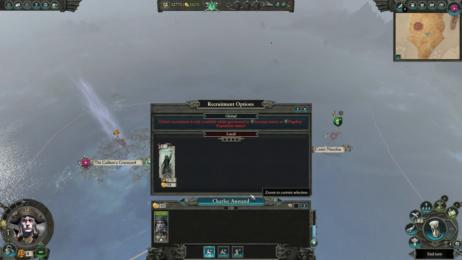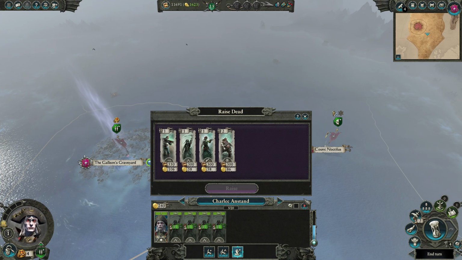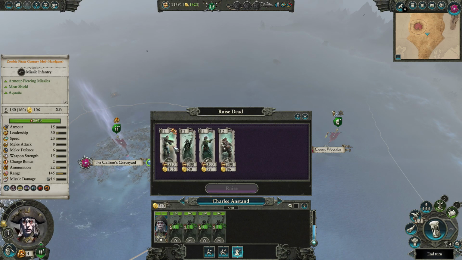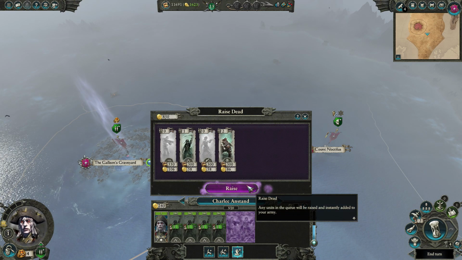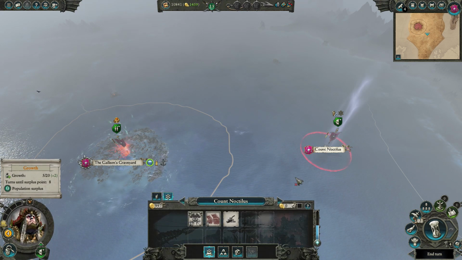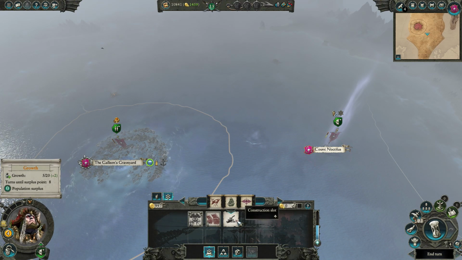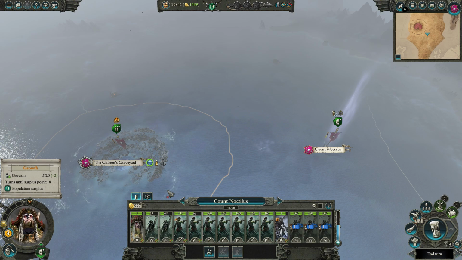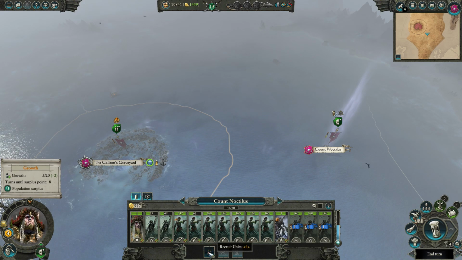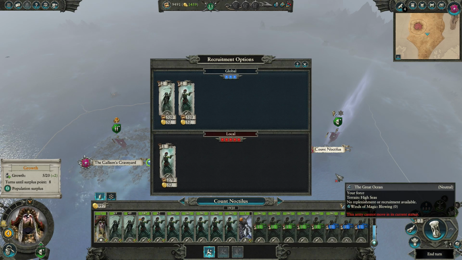And what can you recruit? Well, it's better than nothing, I guess. And here we can raise the dead. So we're gonna raise this and this for some range stuff, like that. And he... none of this yet. And I can summon... I mean, this is very...